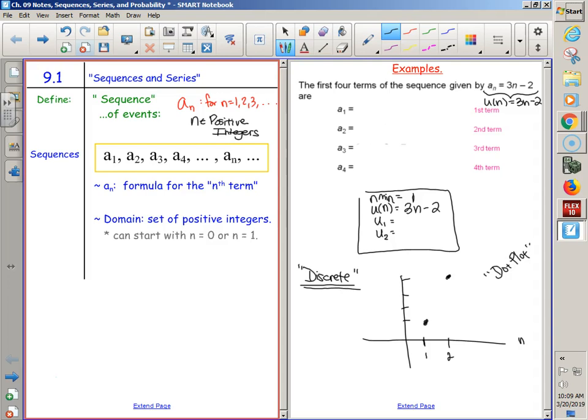So, sequences are defined with positive integers, and those positive integers in some way, shape, or form can actually be plugged in to get terms. There can be formulas that give us the terms. There might be patterns to the terms. But ultimately, those n's stand for the placement in the sequence. Now, remember, sometimes it can start at 0, sometimes it can start at 1. If they wanted, they could have you start somewhere totally different for another purpose, for another reason. But for us, a sub n is going to be a formula for the nth term